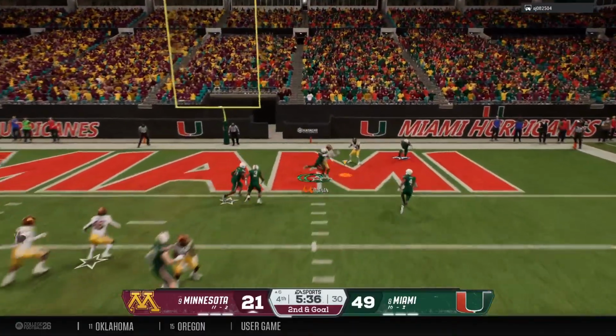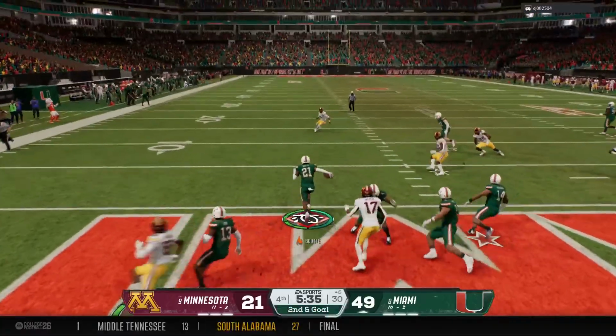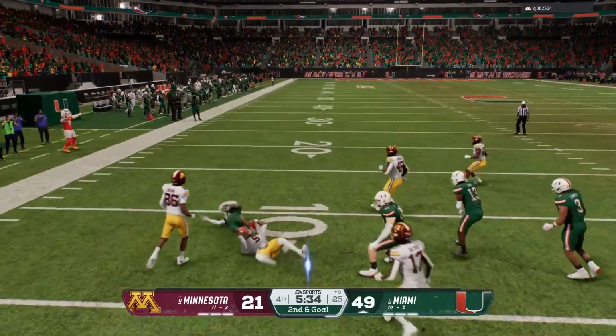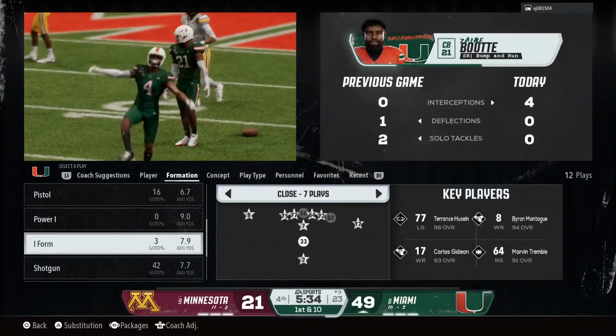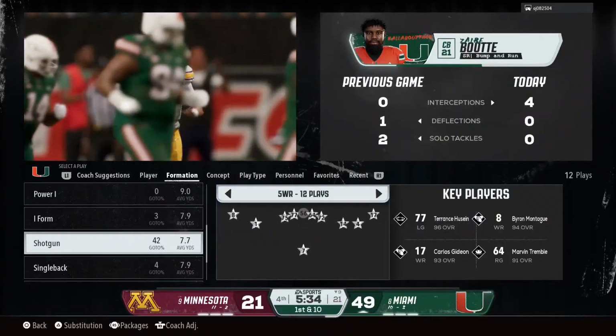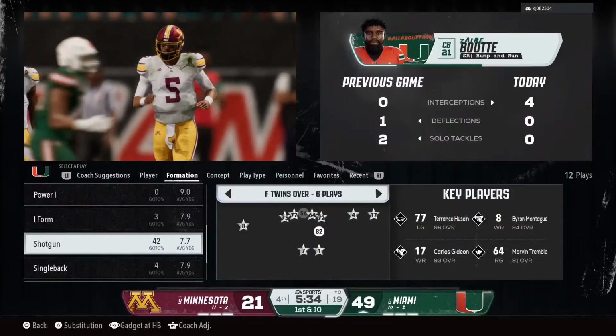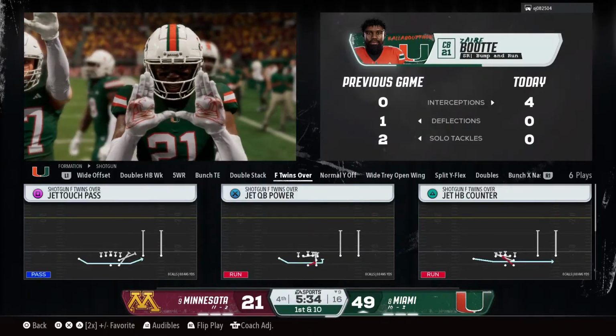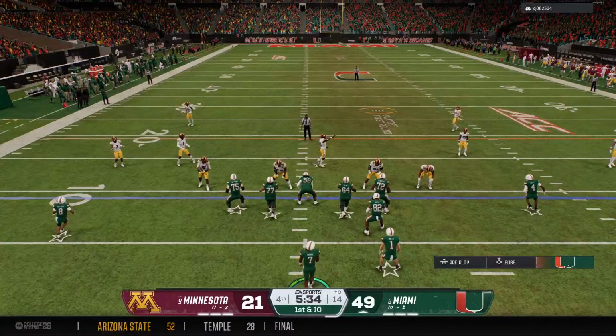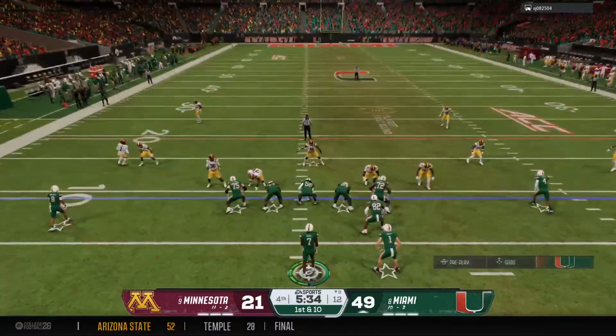Looking to scramble. Intercepted in the end zone. And he's wrapped up after a solid return. I just don't think there's anything else you can do as a play caller. You've got to be able to throw the ball downfield. You just got to hope that your quarterback and receivers can execute when the defense knows it's coming. Here, the interception cost them. And the Miami offense is back on the field.